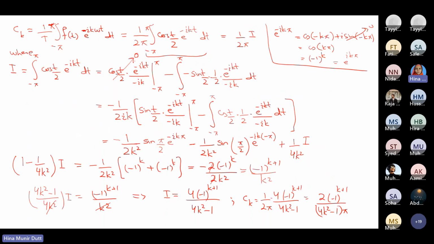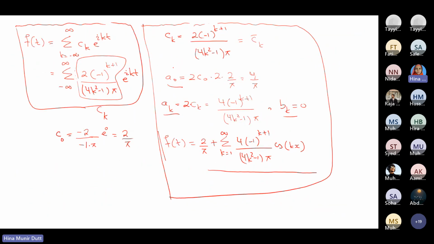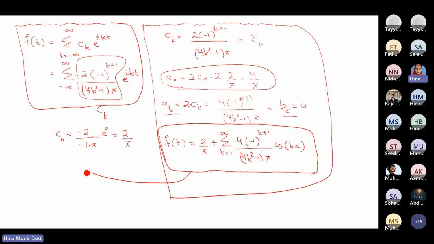ये मैंने आपको बताया है कि जब आपके पास कॉम्प्लेक्स फोरियर सीरीज गिवन होगी, जैसे कि कॉम्प्लेक्स फोरियर सीरीज जो हमने ऑलरेडी फाइंड कर ली, उससे आप ट्रिग्नोमेट्रिक फोरियर सीरीज एक आसान तरीके से भी निकाल सकते हैं कि अगर आपको इफ यू नो द रिलेशनशिप बिटवीन द कोफिशिएंट्स ऑफ कॉम्प्लेक्स फोरियर सीरीज एंड ट्रिग्नोमेट्रिक फोरियर सीरीज, तो उससे आप यहाँ से इजीली कैलकुलेट कर सकते हैं। ठीक है, और अगर आपने ये सीरीज कैलकुलेट की हो, यानी कि ट्रिग्नोमेट्रिक फोरियर सीरीज कैलकुलेट की हो, तो उससे आप ये वाली निकाल सकते हैं बाय यूजिंग दिस रिलेशनशिप कि ये है आपके पास ए नॉट और ये आपके पास फोरियर कोसाइन सीरीज है। तो ये है आपके पास ए के, तो उसी से आप दूसरी फोरियर सीरीज निकाल सकते हैं।